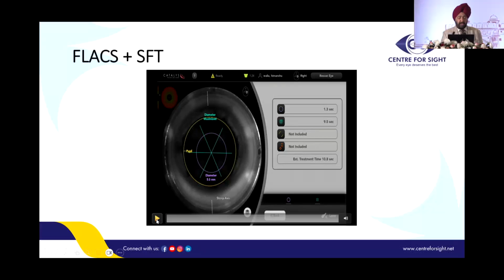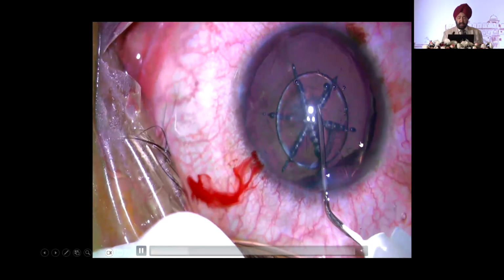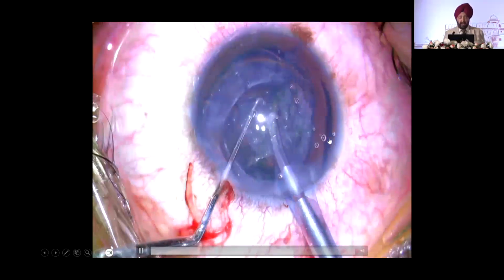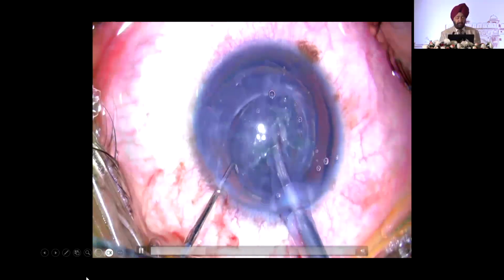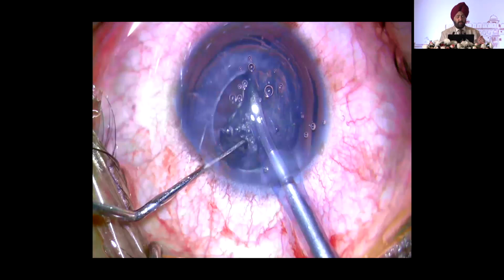Now, this is a case of post-traumatic cataract, and you can see there is sphincteric atrophy. The pupil is dilated. Can you see a subluxation here? The biggest advantage here is that in these particular cases, you are not required to have a counter traction or a traction on the capsulorhexis, which is required with a needle.